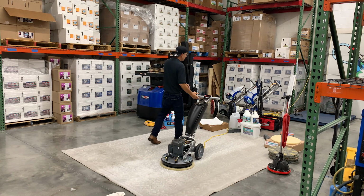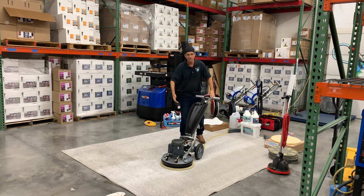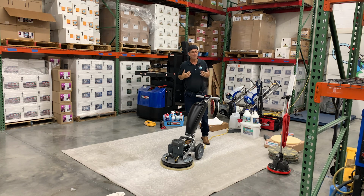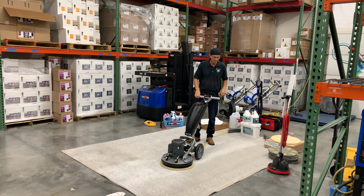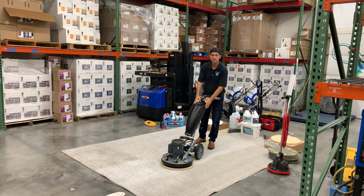Okay, so now what about diverse services? So now we know it does rugs, we know it does carpets, we know we can do inside of homes if we want to, but it's not my preferred method inside of homes. I still prefer a truck mount or a good strong portable, preferably a truck mount. That's why we're called TruckMountForums. All right. But however, when it comes to other services, what's nice about it not being a one-trick pony,